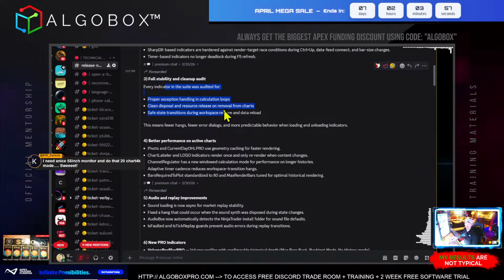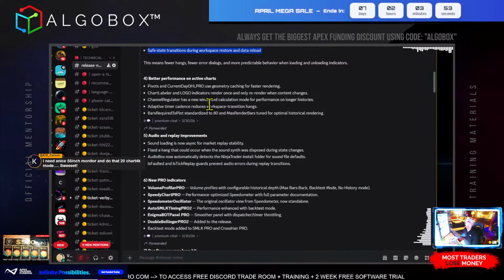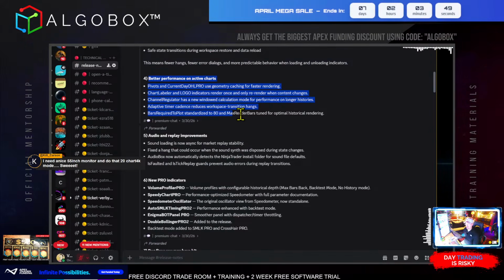Every indicator was audited, proper exception handling, calculation loops, boring stuff, internal stuff. Just basically means it's better for you. Better performance on active charts. Let's see, anything important in here? Channel regulator, new engine,